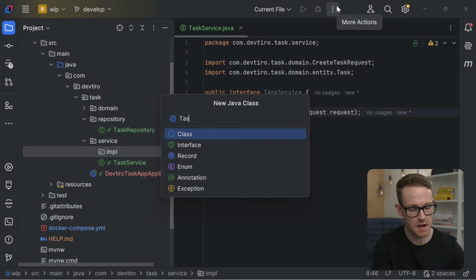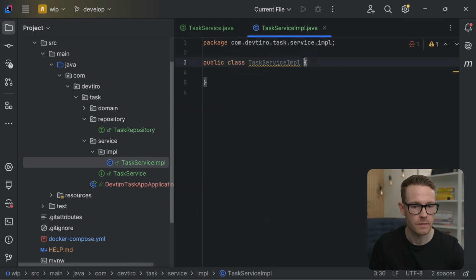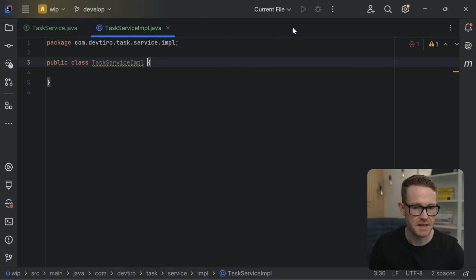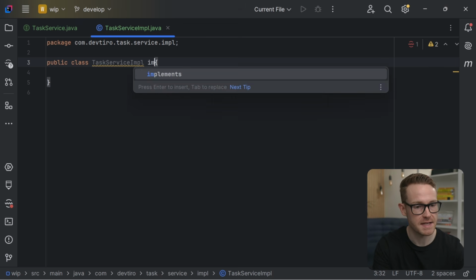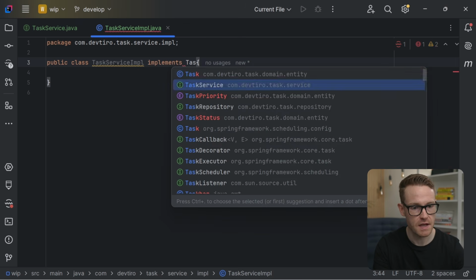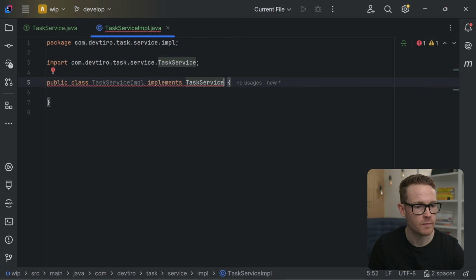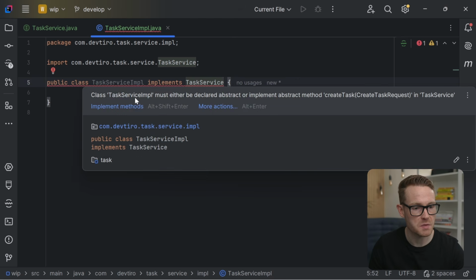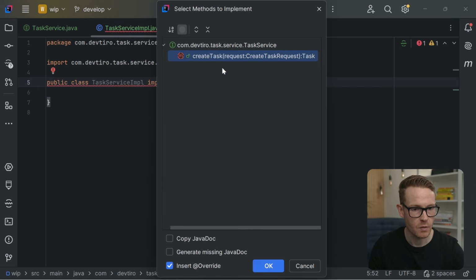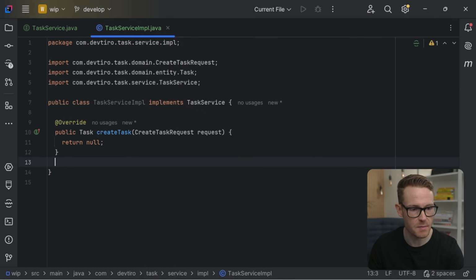And it's in this package that we're going to create our new class, calling it TaskServiceImpl, and then we'll select class. And there we go. Let's expand this. So TaskServiceImpl, short for implementation, is going to implement the TaskService. So let's say implements TaskService. And now we have this red line. If we hover over the red line, we get the option to implement methods. Here we can see the create task method that we defined in our interface. Let's click on OK. And here we have a method stub for the create task method